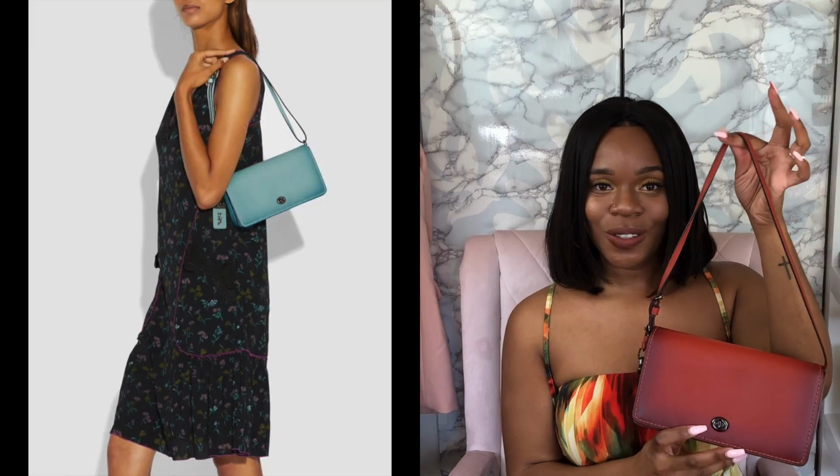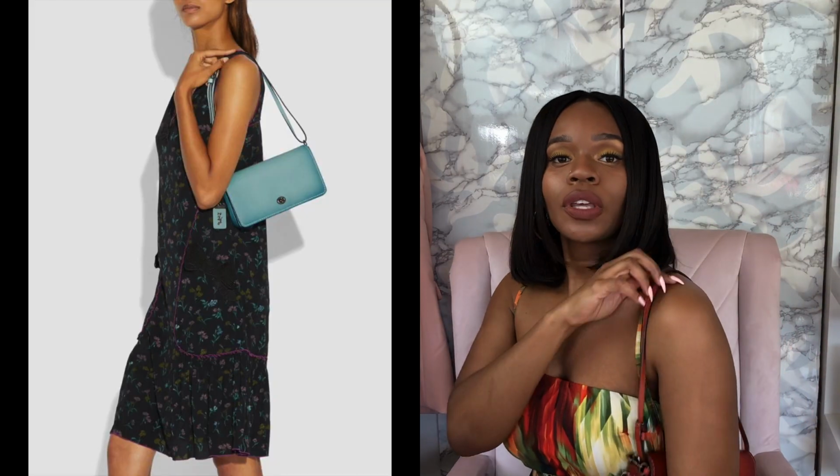Lift it up. Wrap this part around. Do the turn lock, and then it's just gonna be shorter, just like this. It's so cute when you put it on your arm. You can just sport it. This is such a cute outfit with it. That's why I wore it. I was like, oh, it's so cute together. So you can wear it like that,